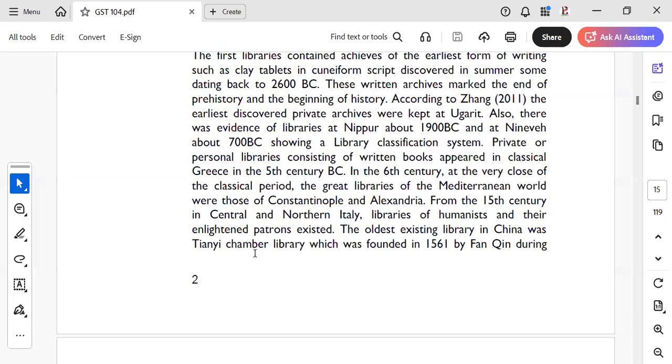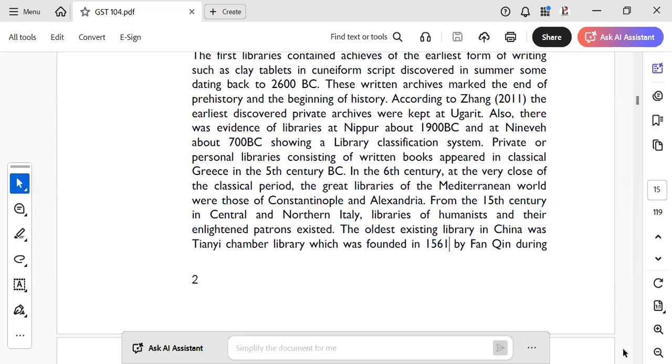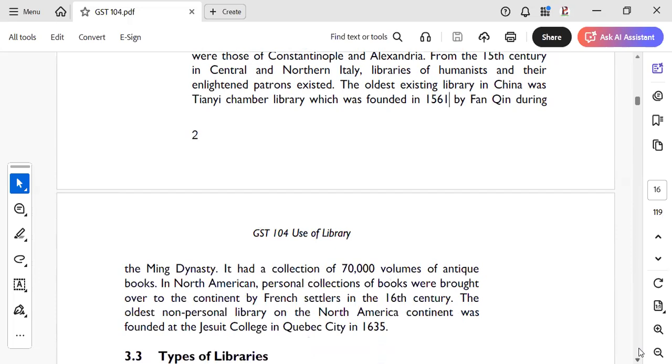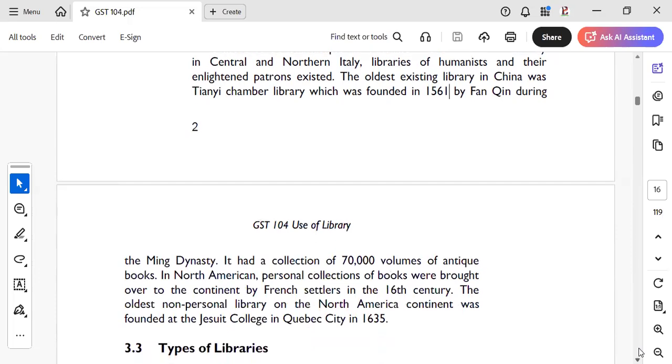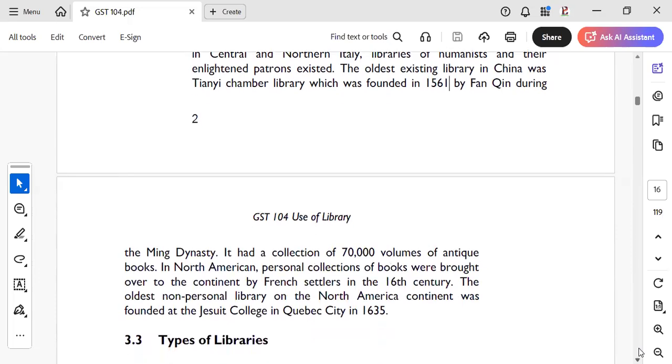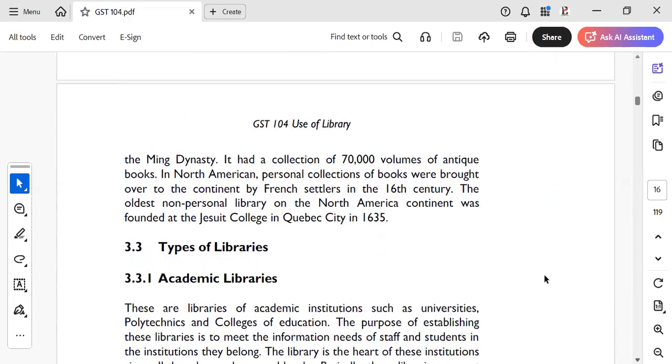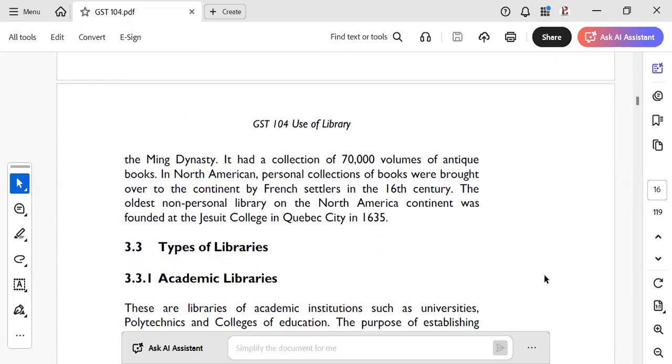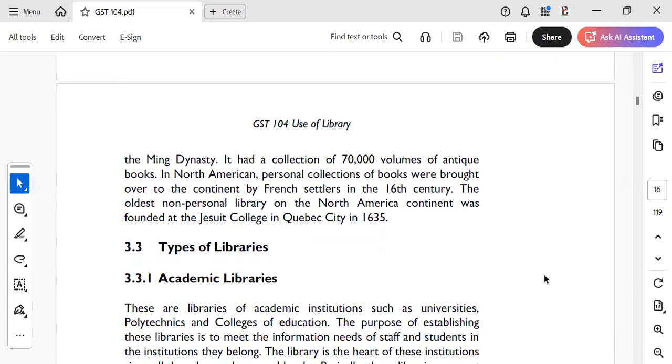And also, Tianyi Chamber, which was founded in 1561 by Fan Qin during the Ming Dynasty. We talked about that. I also said that that library contained a collection of 70,000 volumes of antique books. And lastly, that day we talked about